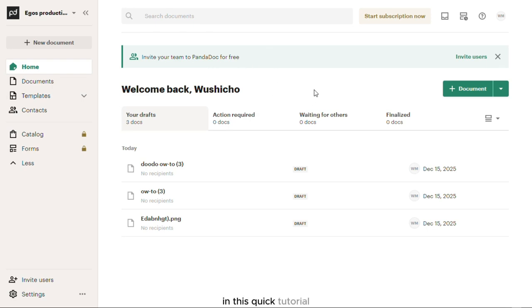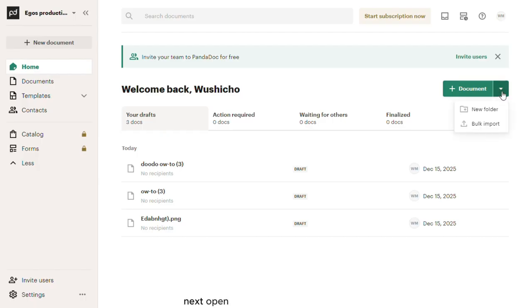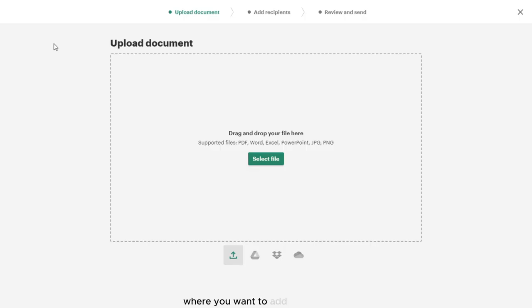In this quick tutorial, I'm going to show you how to add a signature field in PandaDoc. First, log in to your PandaDoc account. Next, open the document or template where you want to add the signature, or you can upload your document just